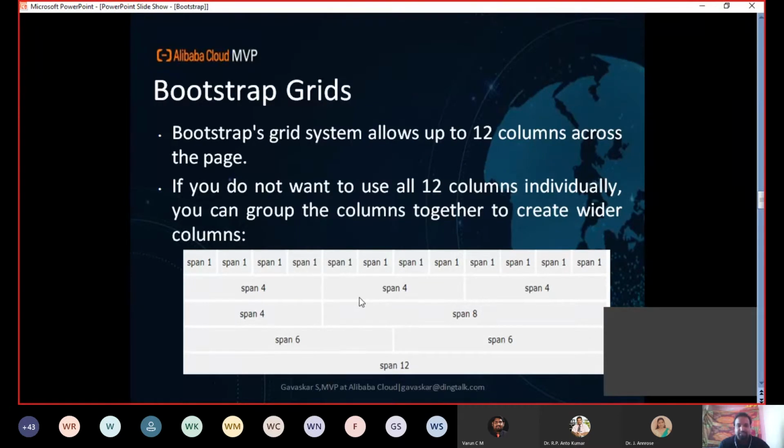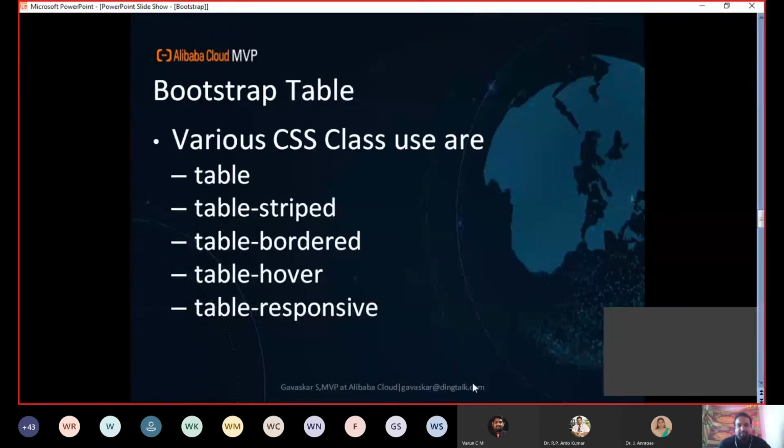Now see, we are going for table. We have to use the class table. There are 5 classes. The page will have some difference, you can see that in the demo, then you will understand clearly. Then table-striped. Then table-bordered. In an ordinary table, no border will be there. If you give table-bordered, a border will be present in the table. Then hover. Hover means when you move the mouse, something will happen there. So that is hover. Then responsive.